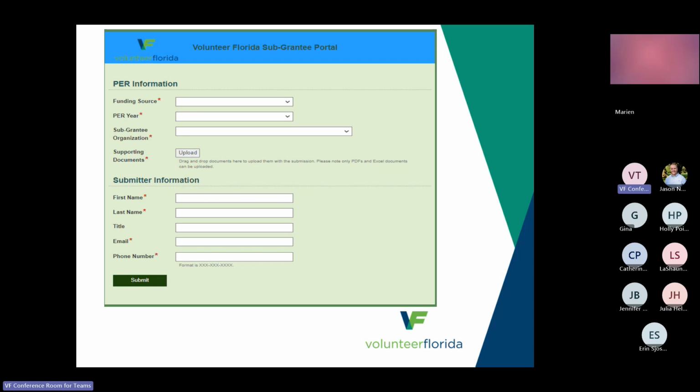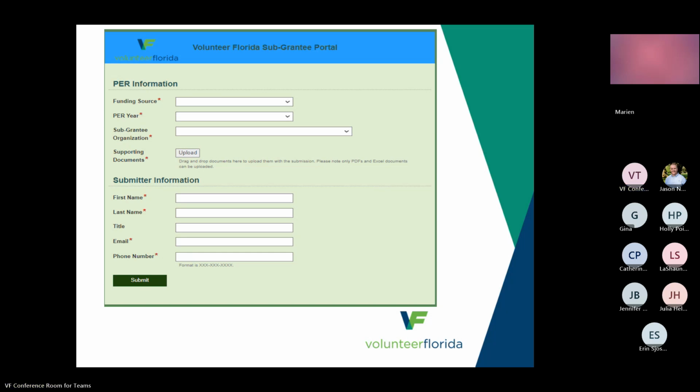Once those steps are completed, you will then go down and enter your submitter's information. The email and person's information that you provide here will be the person we communicate with about the submission. So make sure you're using that person's information if you want us to contact them. Any subsequent requests or clarification requests will go directly to them by the system. So if we need further information, that's where it's going to go. So just make sure that you're putting that information for that person within your organization that you want those requests to go to. You'll enter a first name, last name, an email address and phone number, and then click on